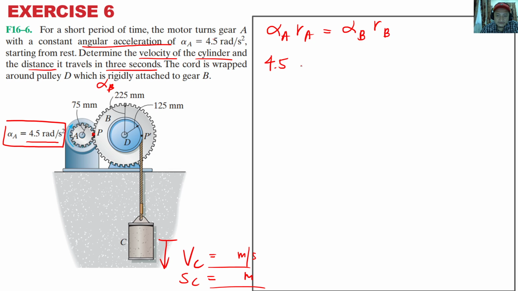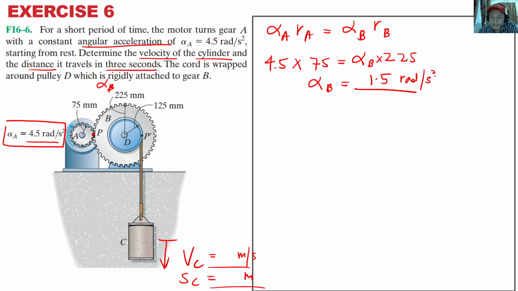Alpha A is 4.5. The radius is 75. Alpha B you don't know. The radius is 225. So alpha B is actually 1.5